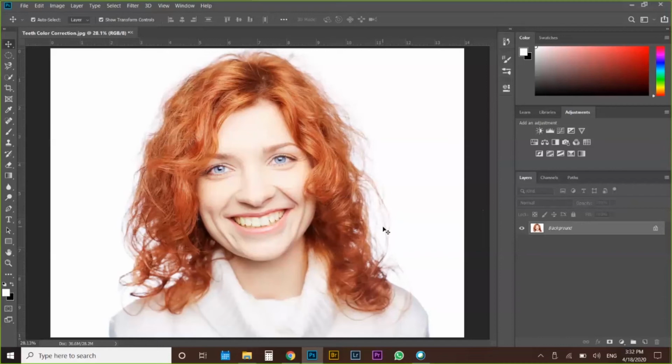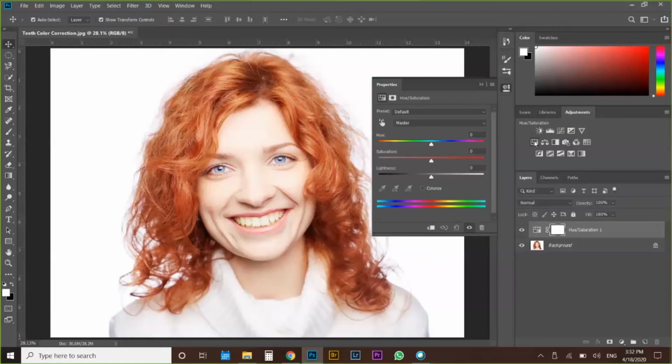To do that, I'm going to use a layer from adjustments panel called hue and saturation. In this one, you will notice that a new layer gets added to your layers panel along with a mask in it and a properties dialog that has hue, saturation and lightness sliders. In this tutorial, we are going to selectively correct the teeth area and we're trying to get rid of the yellow color tinge. So let's click on this little icon and click on the area that you want to selectively